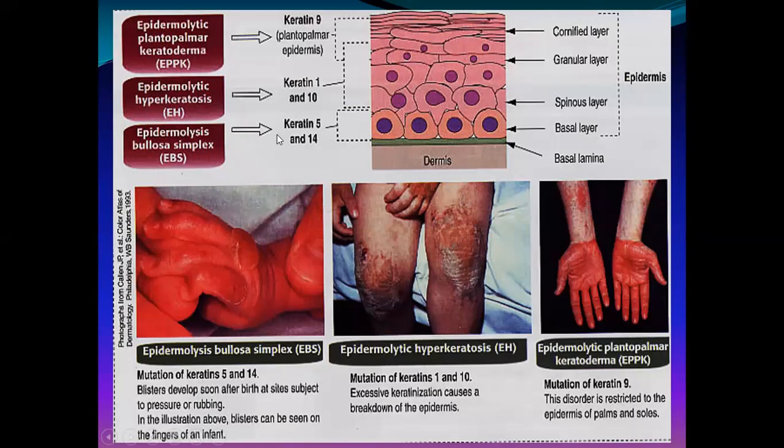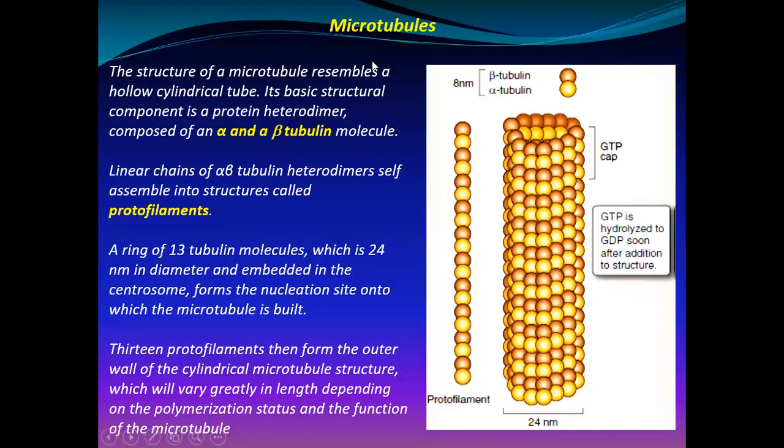There are various types of keratin. Keratin 5 and 14, this one, epidermolysis bullosa simplex. Okay, so you can see the cornified layer, granular layer, spinous layer, basal layer. Any of these can be affected. In epidermolysis bullosa simplex, this layer is affected. In epidermolytic hyperkeratosis, this layer is affected. And then this layer is affected. Okay, right? And then we go to the next,